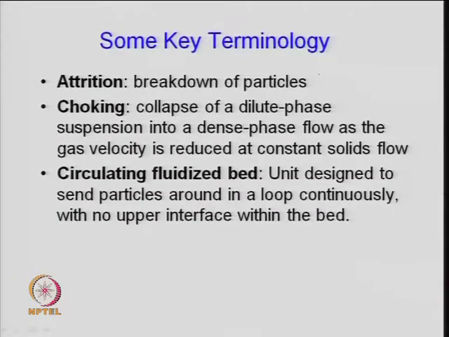If you need good contact, then the diameter of the column should also be specified, because there should be good contact between the gas and the catalyst, or the vapors and the catalyst, when they are moving in the bed. In a circulating fluidized bed, the degree of mixing is again important, and a fluidized bed behaves like a CSTR. So, your conversion may be lower or productivity may be lower. Sometimes we enhance the productivity by recirculating the catalyst in the bed.